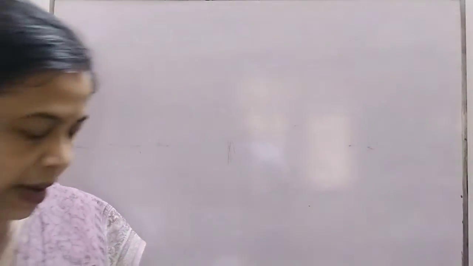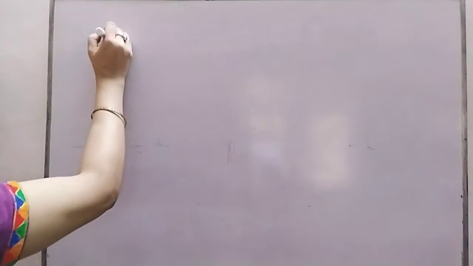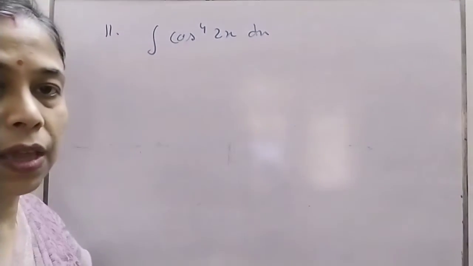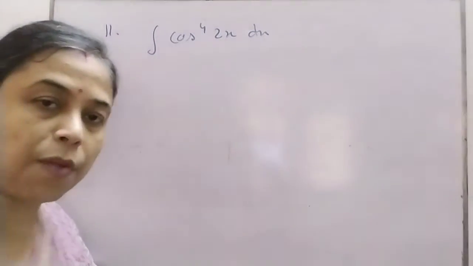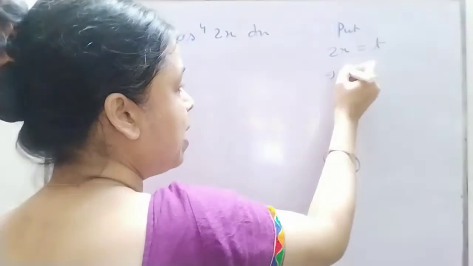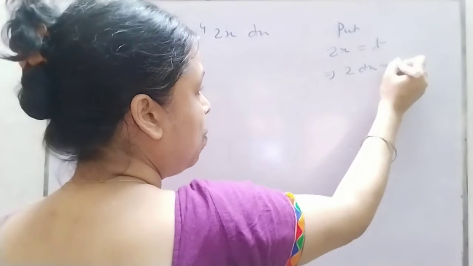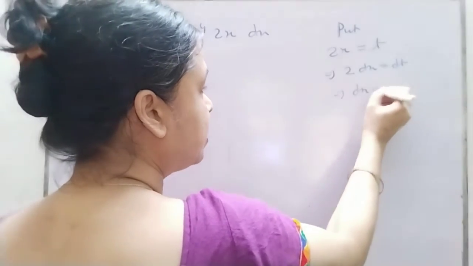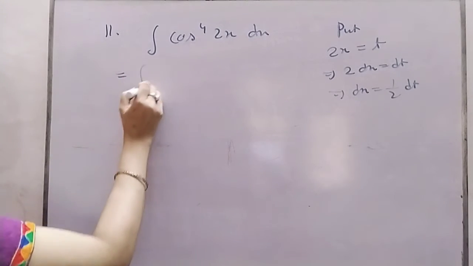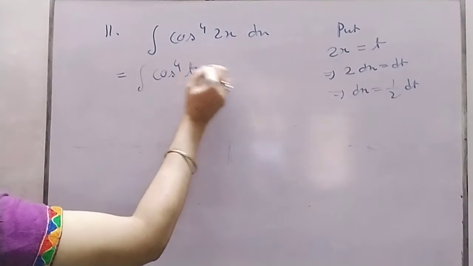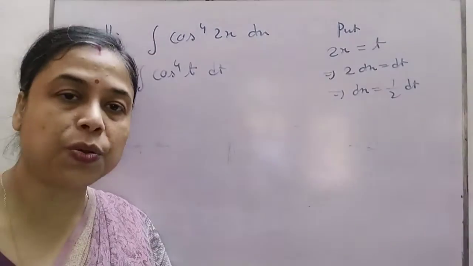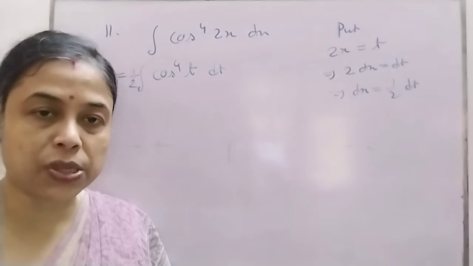So your question number 11 is integration of cos to the power 4 x into dx, even power. The even power form can be used for that purpose. Substitute 2x as t. So what we have, 2 dx equal to dt, that is dx equal to half of dt. How to change cos to the power 4 then? After that, cos to the power 4 t, and half I write down outside, dt. It is converted to cos to the power 4. How to convert cos to the power 4?